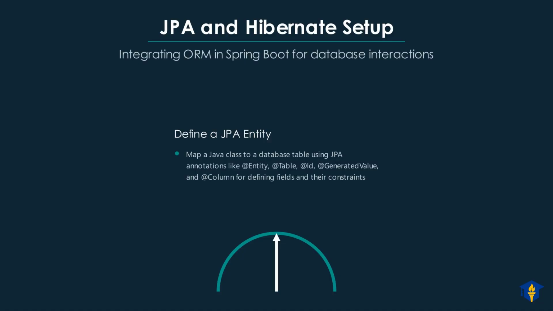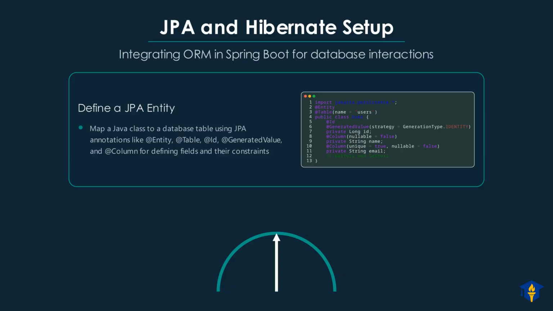Finally, you will define a JPA entity, mapping your Java class to a database table. Map a Java class to a database table using JPA annotations like @Entity, @Table, @Id, @GeneratedValue, and @Column for defining fields and their constraints. This Java code defines a User entity, mapping it to a database table with ID, name,